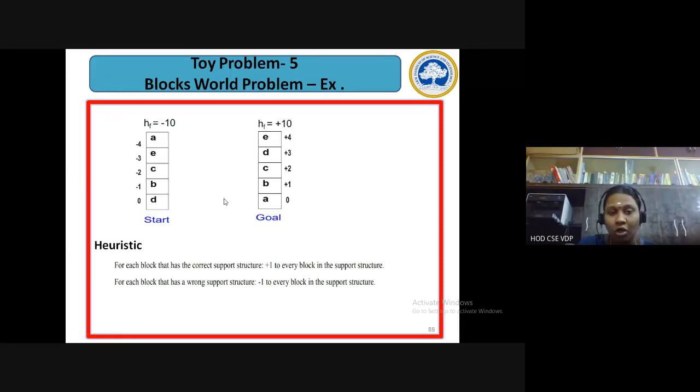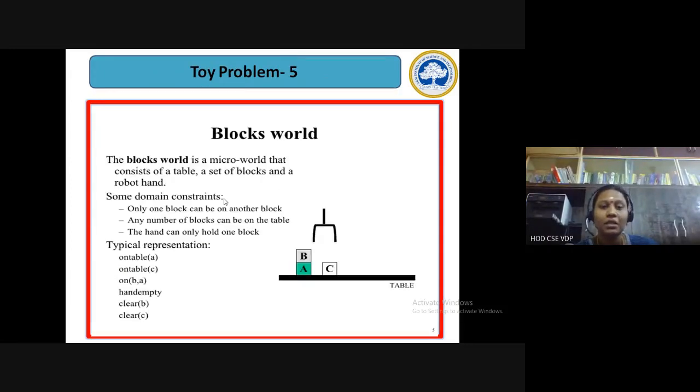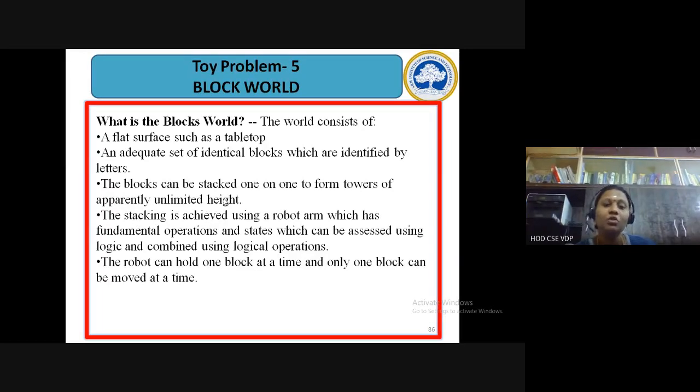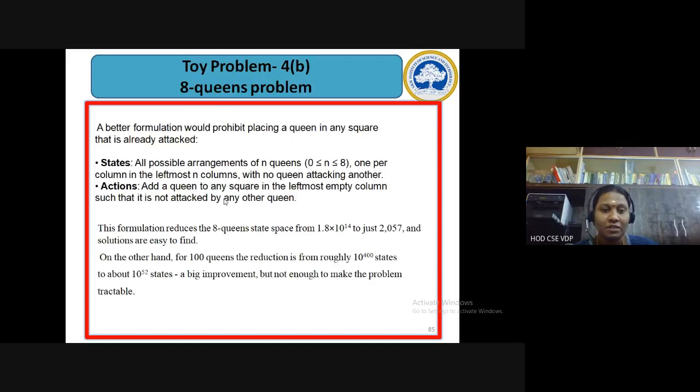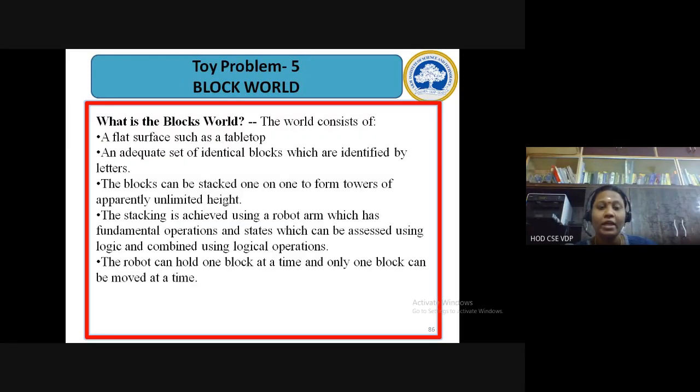You cannot pick two blocks at a time, and you have to place one on top of the other. So this is very simple. So how are we going to do this? Similar to your 8 puzzle problem, in this particular block world problem, you have to use your heuristics function. So when I say heuristics function, okay, so here what is block world? The problem statement is given.